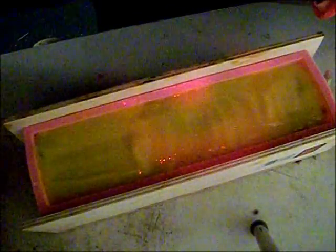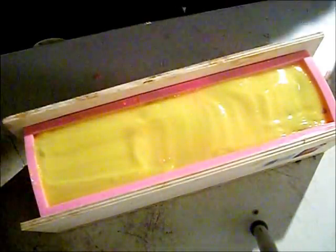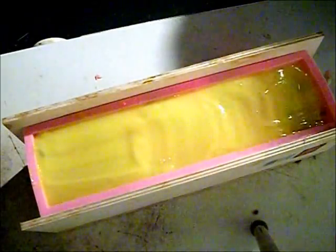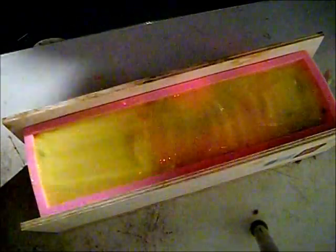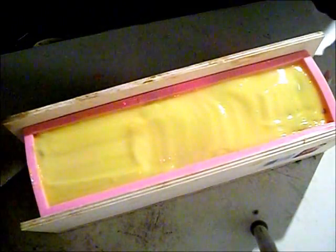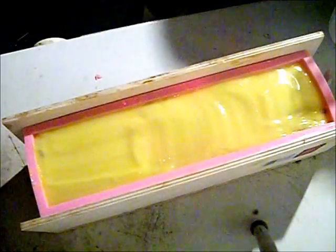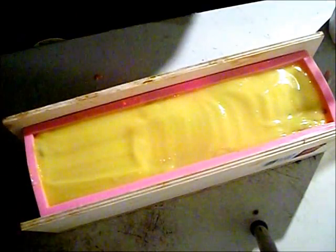So let me get my, I'm gonna have to pull these gloves off, because I can't do anything with these gloves. These are the big gloves. I ran out of my reusable gloves, and I'm having a hard time grabbing it. I can't grip it, and I know I need to have my gloves on. So there, now that that's pulled off, I'm going to